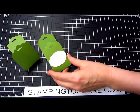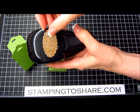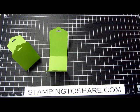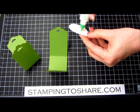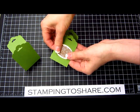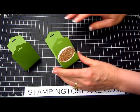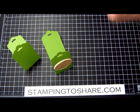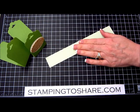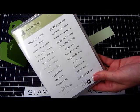Then I have some gold glimmer paper, and I have used our scallop oval punch and punched out a scallop oval from a piece of scrap gold glimmer. And this one is going to be glued directly on top of that oval like this. And then the finishing touch for this particular tag is we need a piece of pistachio pudding paper, just a scrap, and I have the stamp set called Teeny Tiny Wishes,